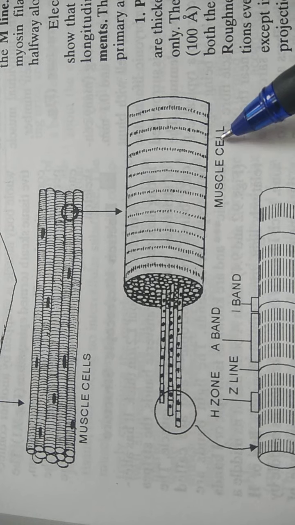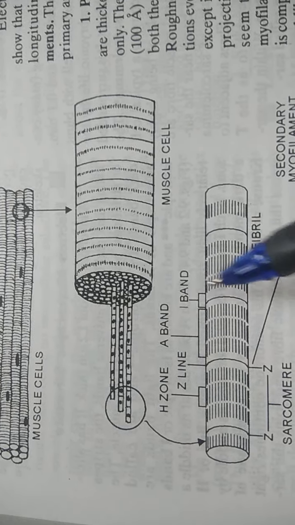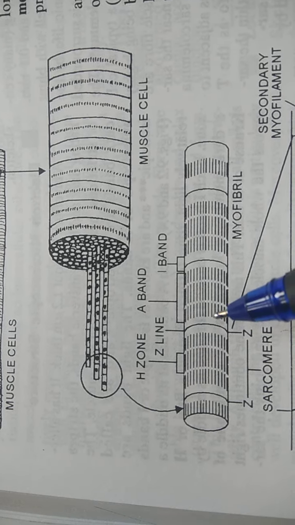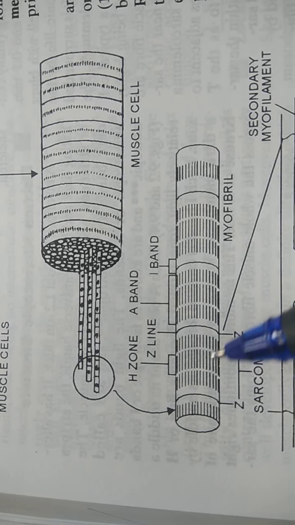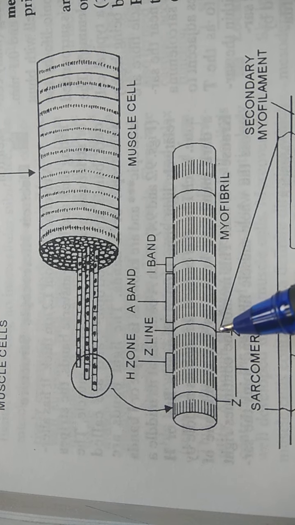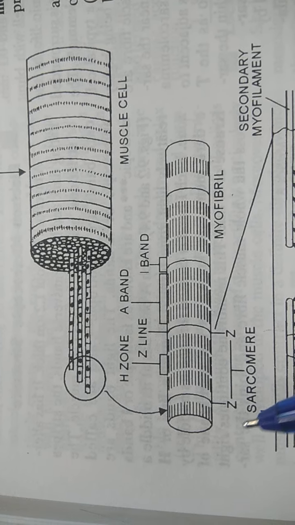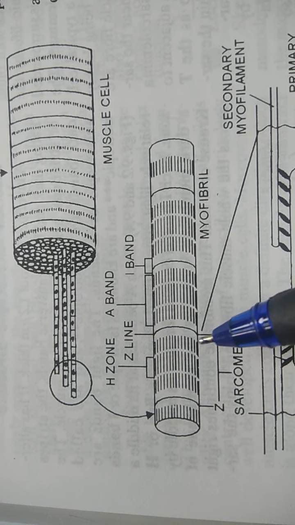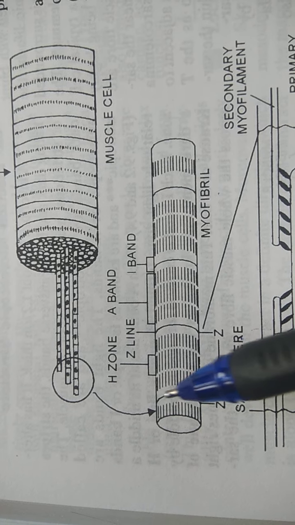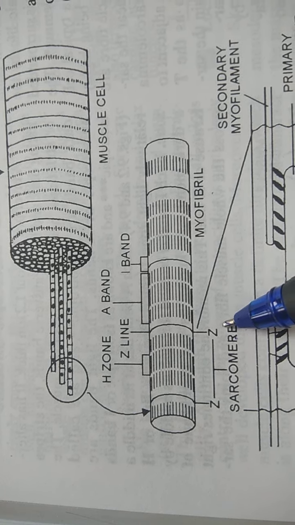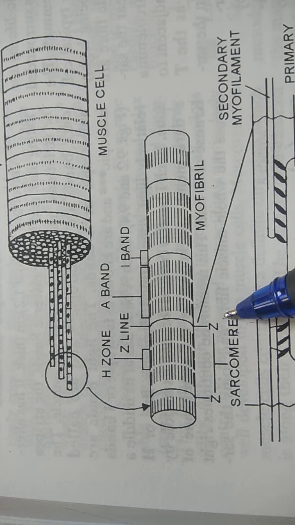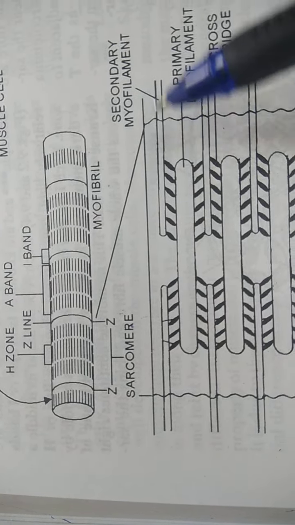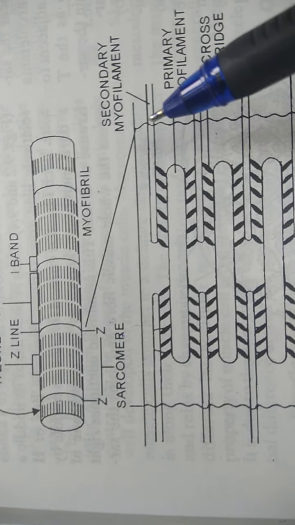And this is one muscle cell, and each of them you can say is composed of myofilaments, and these myofilaments are, you can say here, this is the structure and functional unit of that myofibril, which is called the sarcomere, which I explained to you yesterday also, which is formed of the dark and light bands. You can see the light band has the Z line, so from one Z line to another Z line is the sarcomere.